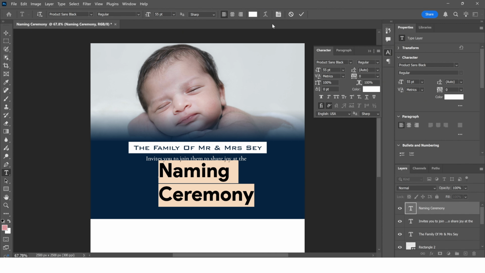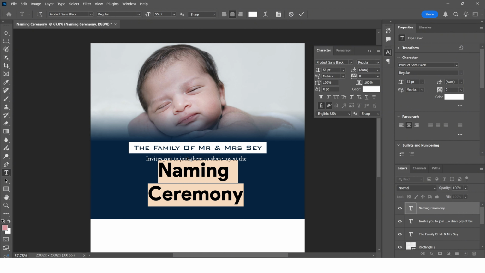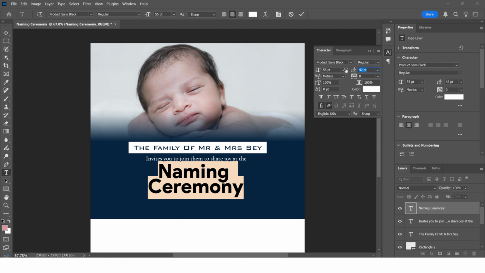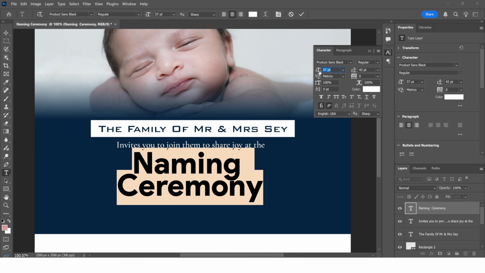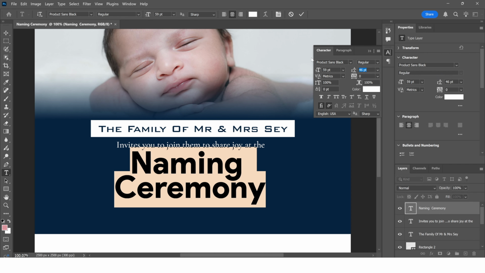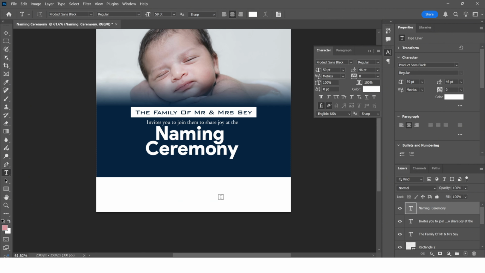Let me center it now and drag it somewhere here. Let me decrease the spacing between the two words, and I think this is okay. Go ahead and commit. Probably should make it a bit bigger and increase the distance a bit, and let me go ahead and commit. Now let's make this rectangle a bit small, so I'll select it by selecting the move